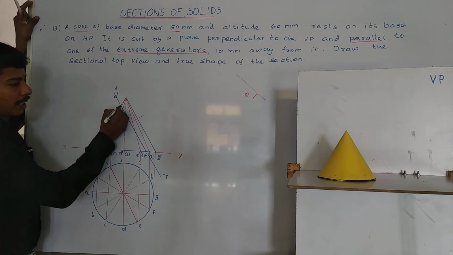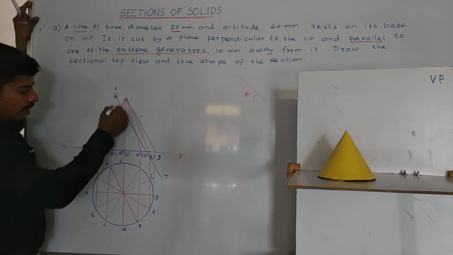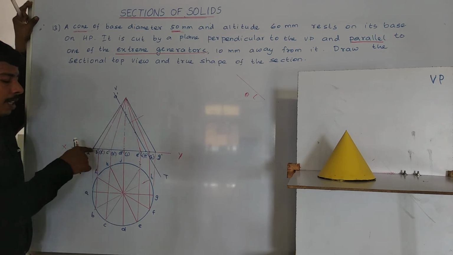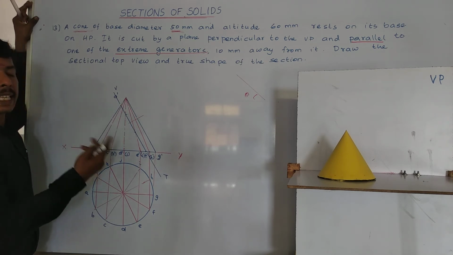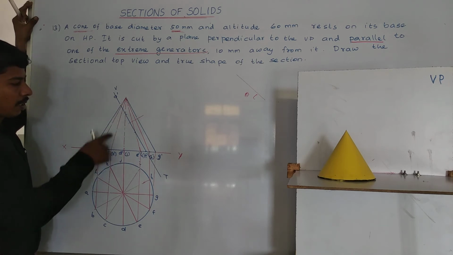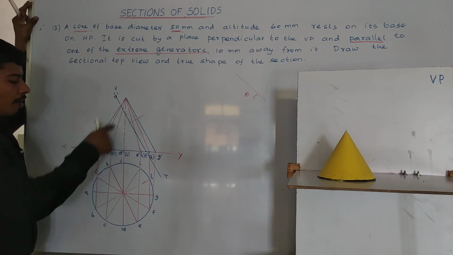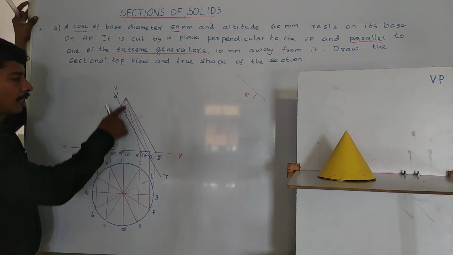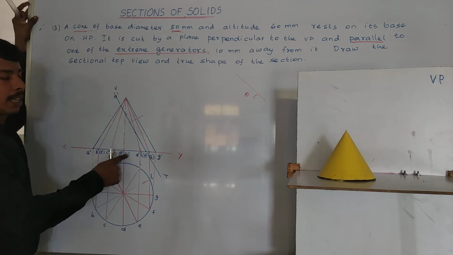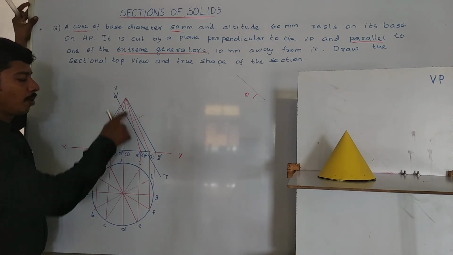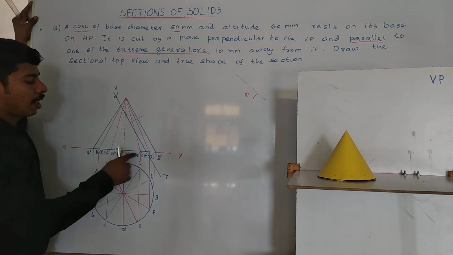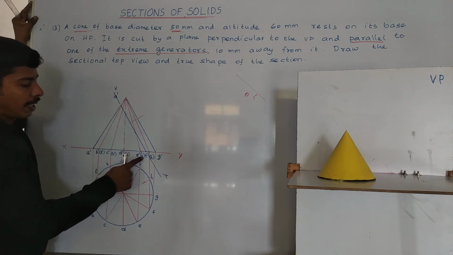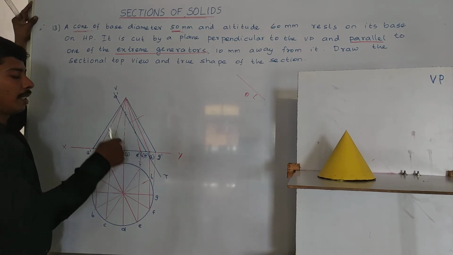So start from here. So here only OE. This side we are having two edges, OB and OL. OB is visible, OL is hidden. Here also two edges, OC and OK. OC is visible edge, OK is a hidden edge. Here also two edges, OD and OJ. OD is the visible edge, OA is the hidden edge. Here also we have two edges, OE and OI. OE is the visible and OI is hidden.